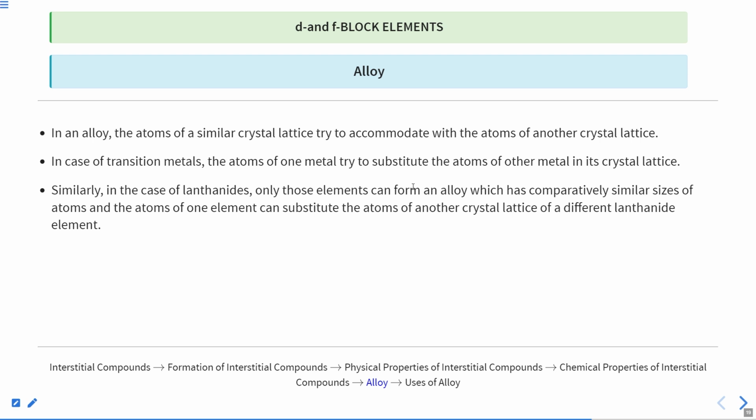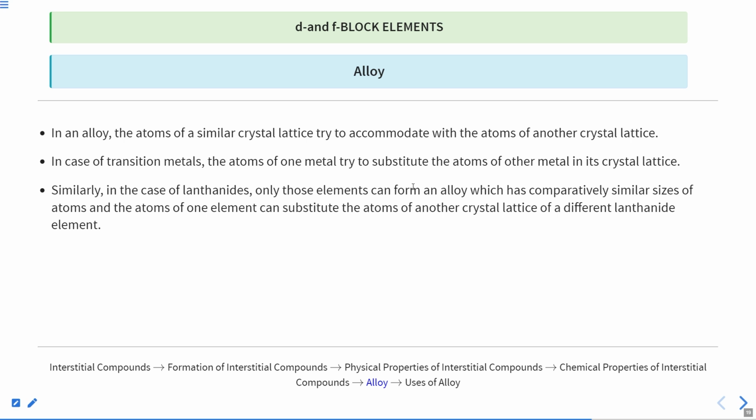Now let us talk about alloy. So we have talked about this interstitial compound. Now let us talk about the alloy. In an alloy, the atoms of a similar lattice try to accommodate with the atoms of another crystal lattice. Let me make clear one thing: in case of interstitial compound, what we do is we insert small atoms